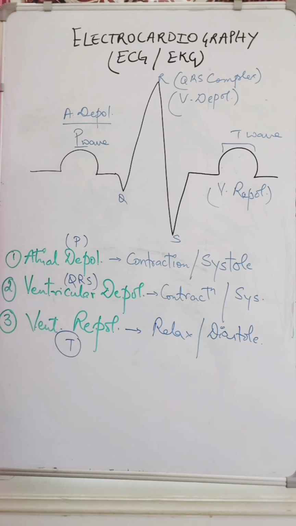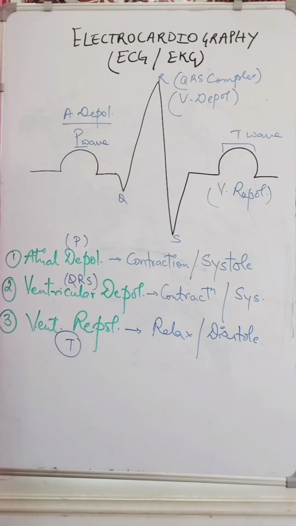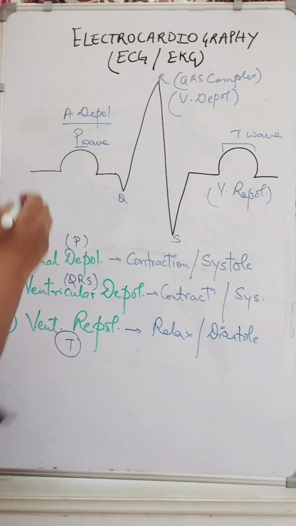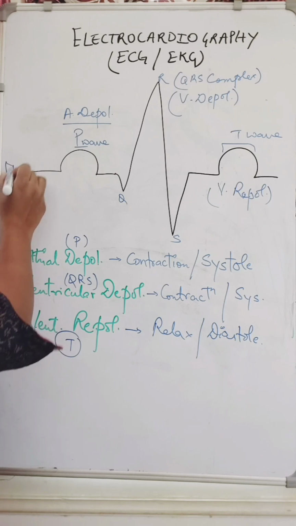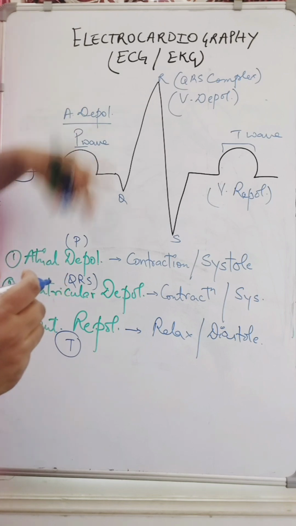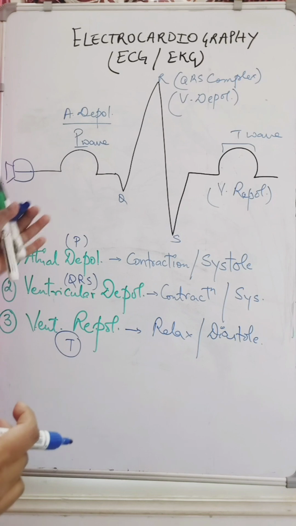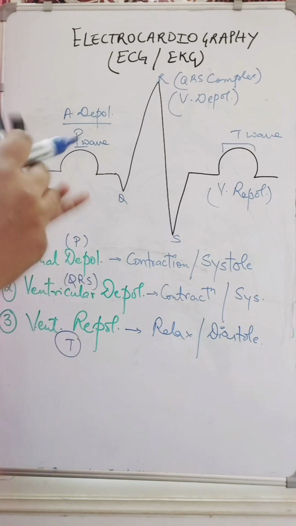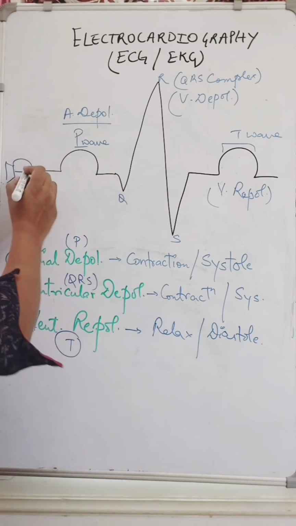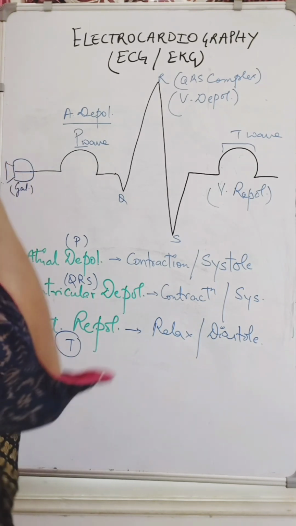Now see here, whenever we are plotting the ECG, every time we have to mark it or analyze it by using a galvanometer machine, because of the deflection that is happening: a strong deflection, weak deflection, neutral deflection, or what kind of deflection. So now this is the galvanometer. Now what is going to happen with this galvanometer?